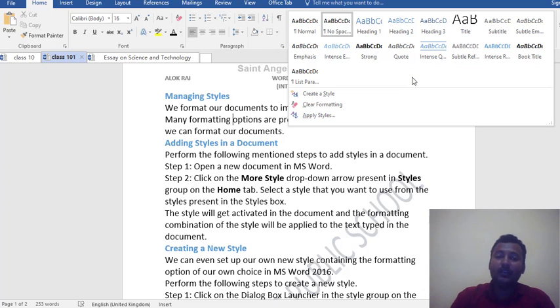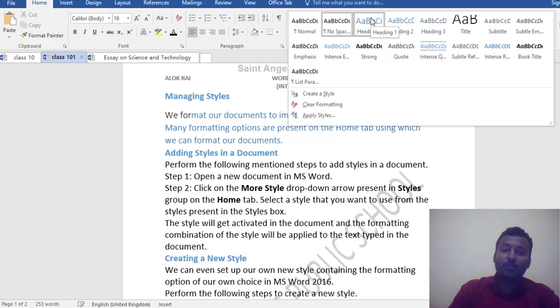Now you see it on your screen. When I select different types of style, the text style is changed automatically. See it carefully.